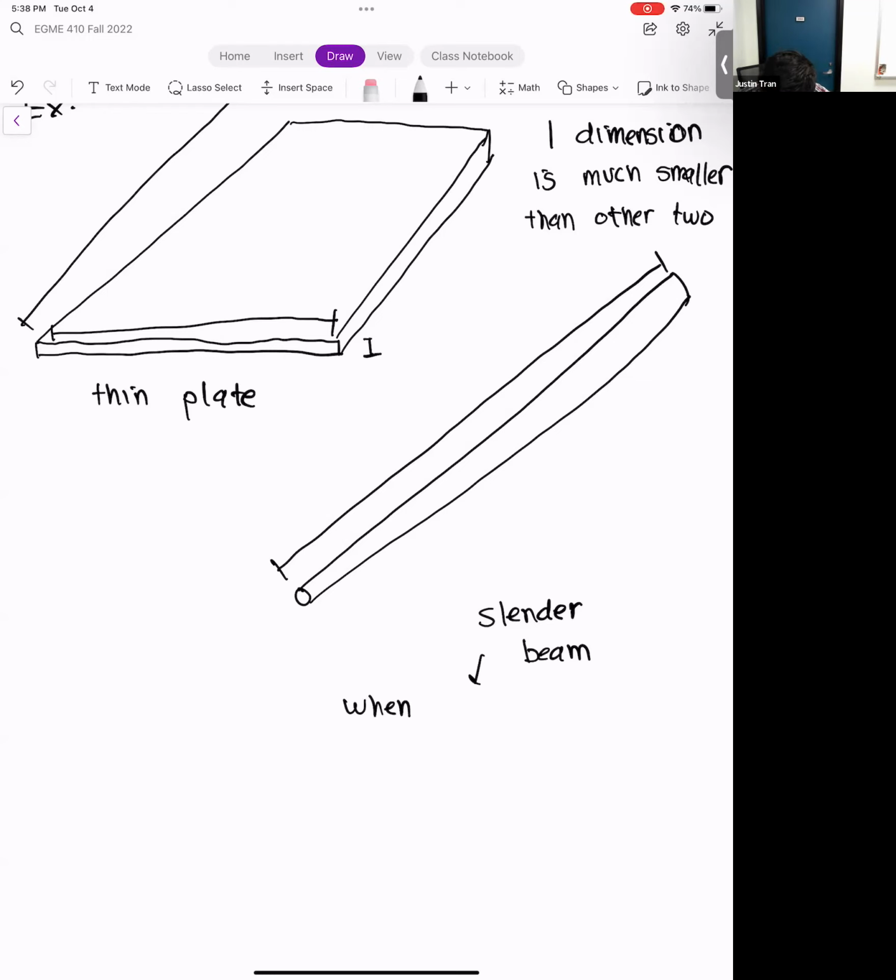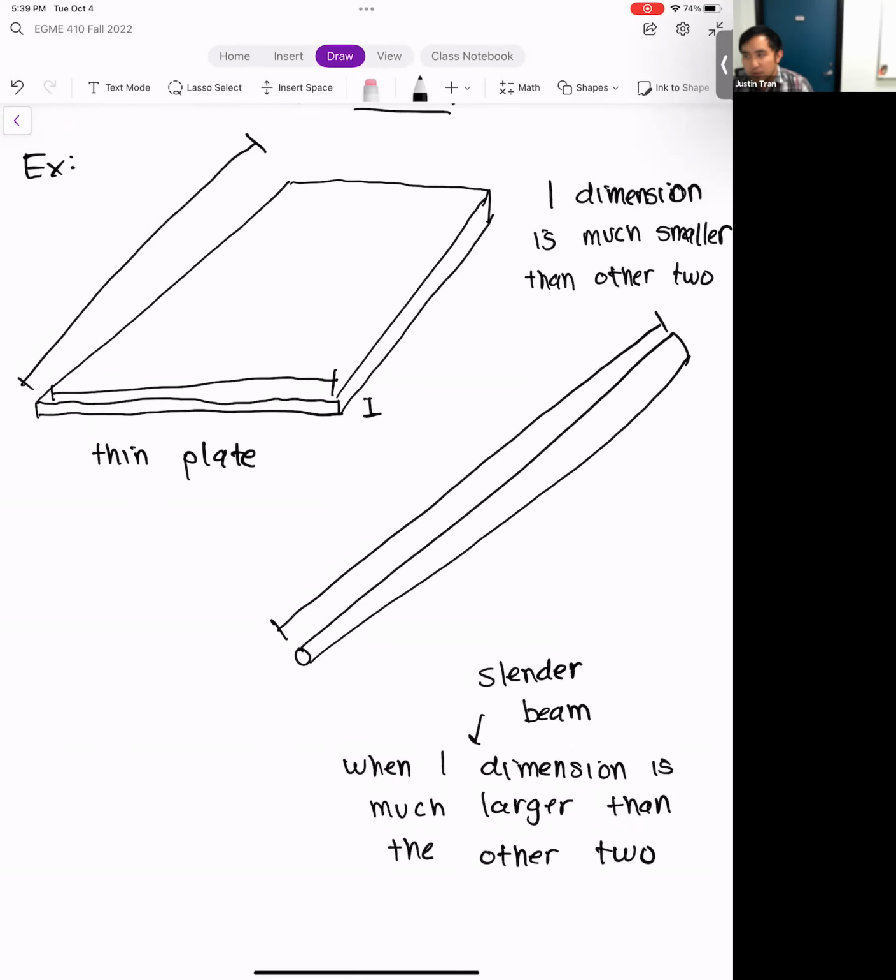Yeah, Roman, I see your question. Let me write this up first. All right, so the question in the chat is, what is the definition of much smaller? Is there a ratio? That's a great question, because even these definitions leave a lot to interpretation. And so when I say much smaller or much larger,